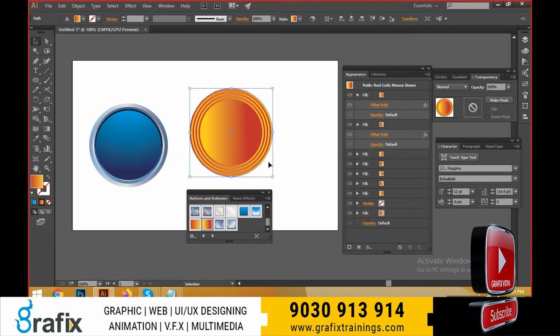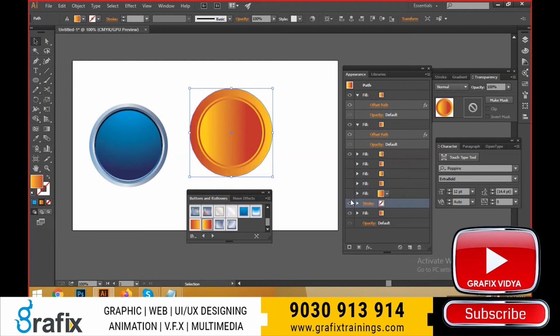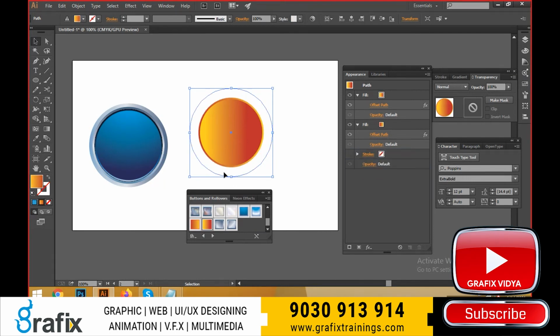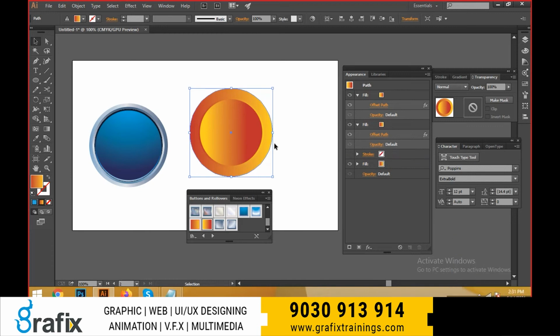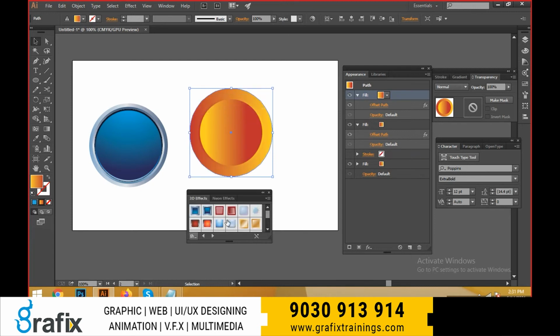Oh, these are so many effects we can see here, and I can remove the effects here directly. I can check the effects directly, select all of these, and delete them from the appearance palette like this. Okay, means I can edit the settings, change the colors, change the effects. If you have any drop shadow effects, click it here, make it 3D effects.